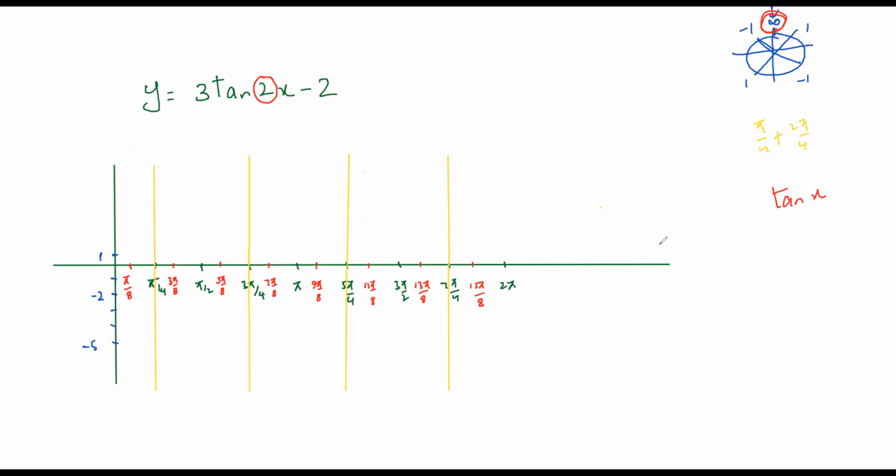180 degrees. But because of this 2x over here, you will have your next asymptote after every 90 degrees, or after every pi by 2. Got it? Okay, sir, I haven't drawn that dotted line for the